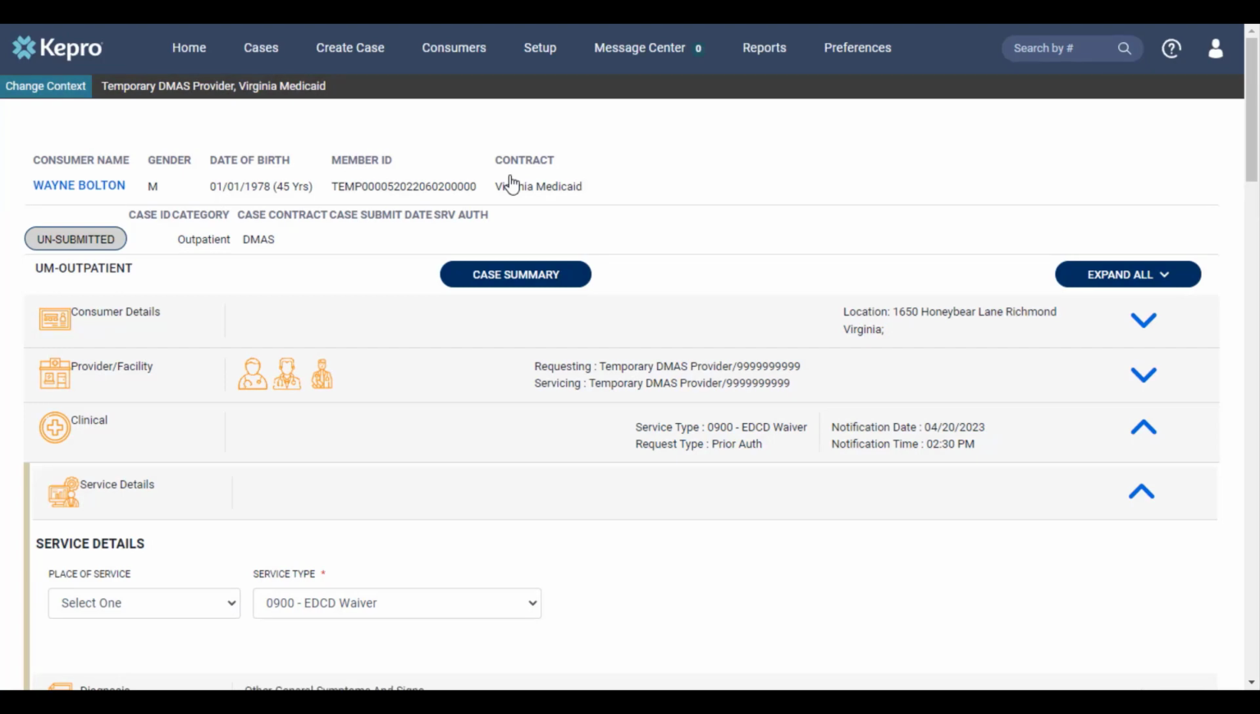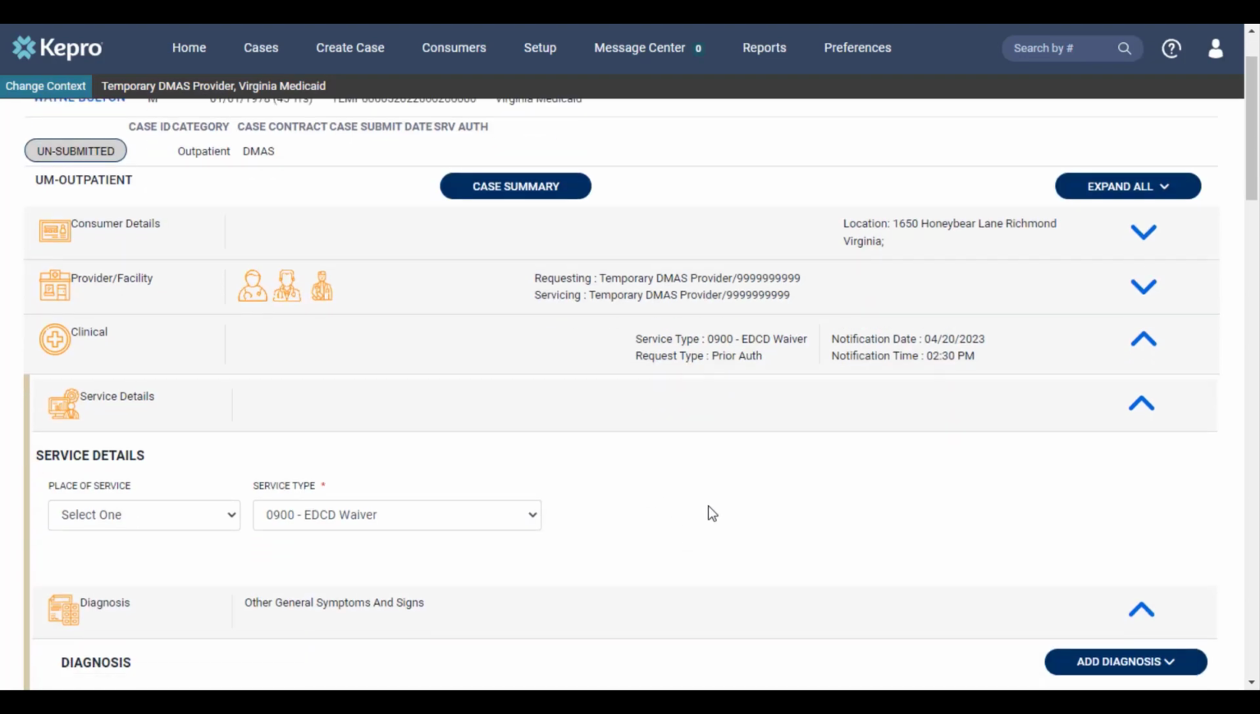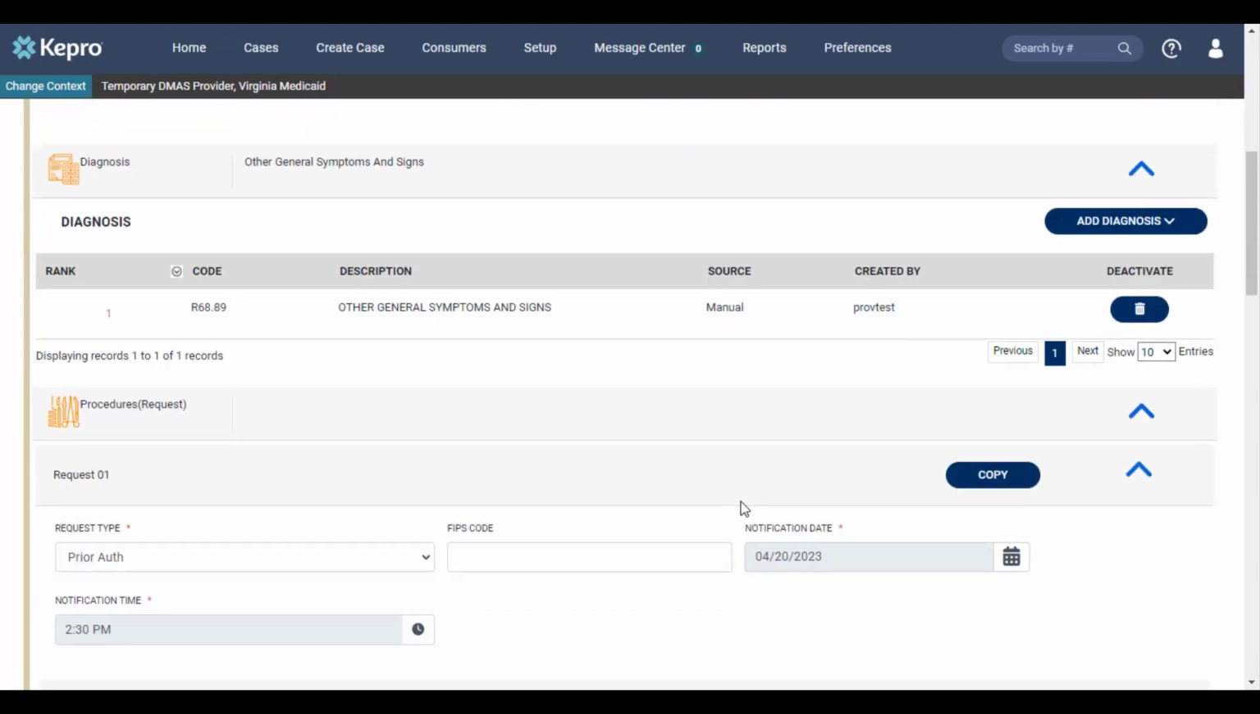Creating a copy and creating an extension are 2 different functions. You will notice that whenever we created the extension, it has the same case ID as the original request. By creating a copy, you are creating a new request, so it will not copy over that case ID. But it does copy over the information of the request. It will copy the consumer, the provider facility. It copies over the service type and request type, your diagnosis codes,